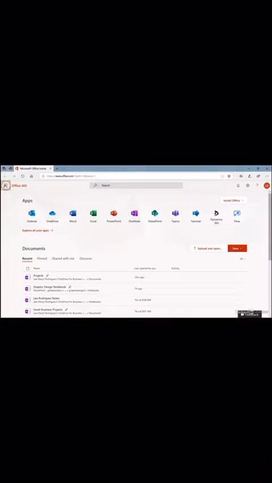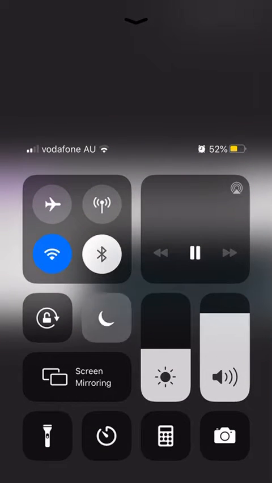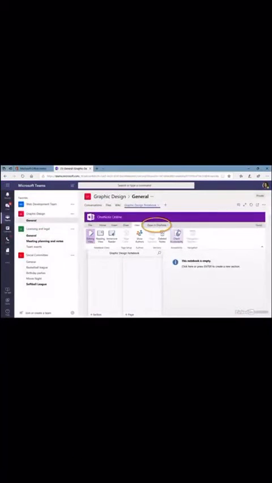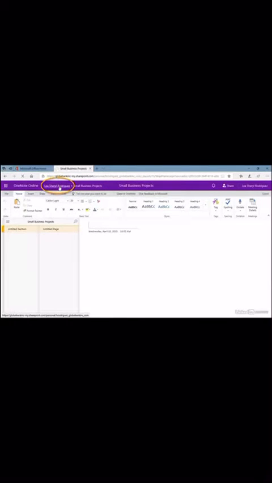OneNote has quickly become one of the go-to applications for capturing notes. It's not surprising why this is the case. OneNote comes in many different forms: OneNote for Windows 10, OneNote 2016, OneNote Mobile, and OneNote Online. It's part of Office 365. Since it is part of the Microsoft Office suite of applications, it integrates with Outlook and other Microsoft Office apps